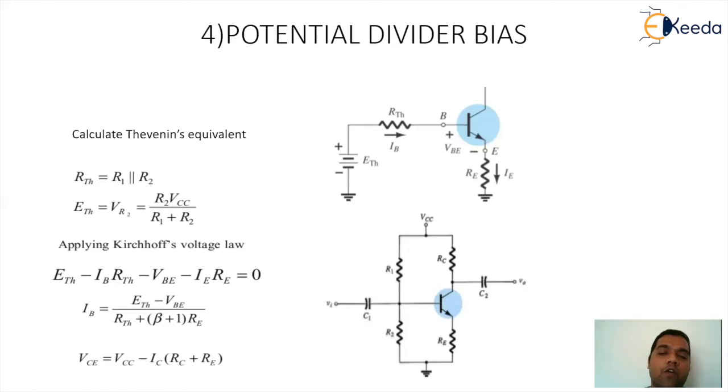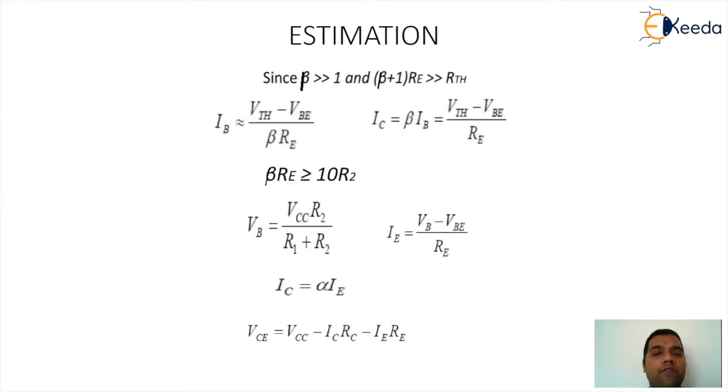I repeat, if you want to find the value of stability factor, you need to use the equation 1 plus beta upon 1 minus beta del IB by del IC. So if it is del IB by del IC, you need to differentiate the input equation of all four circuits with respect to IC. You will land up at the value of del IB by del IC. Take that value and dump it in the formula. You will automatically get the value of stability factor. And all of us are aware the value of stability factor should be as low as possible so that we get maximum stability. So when I compare all four stabilities, I will get the impact of stability factor.